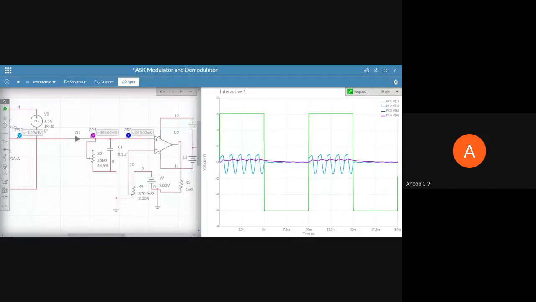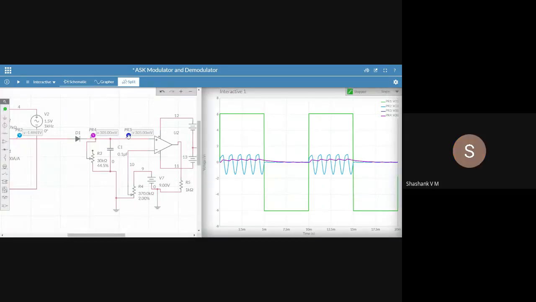So we cannot actually observe the rectified output alone. If you have to observe the rectified output alone, we'll have to remove this R and C. Then we can observe, but it's okay. So now I'll use only one. Which one should I retain, the violet one or the blue one? It doesn't matter, both are the same. So I have retained one and removed the other.